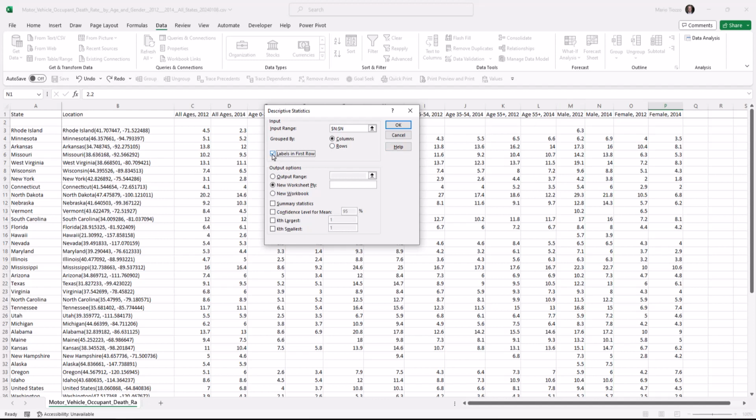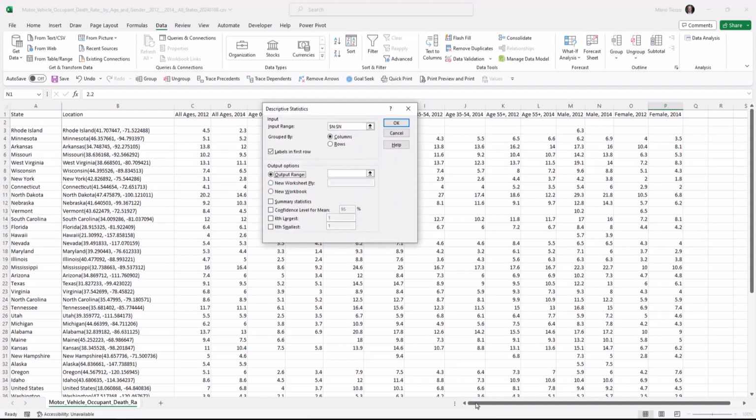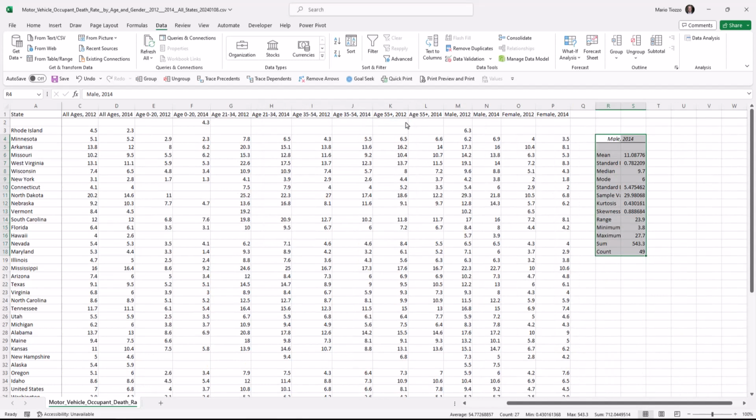We'll need an output range, so Excel wants to know where you want it to put this data. We could put it on a new worksheet, but in this case, let's put it next to the data. Let's put it in an empty cell, R4. And what do we want to see? We want to see summary statistics. We won't worry about everything else. Press OK. And here we have the data.